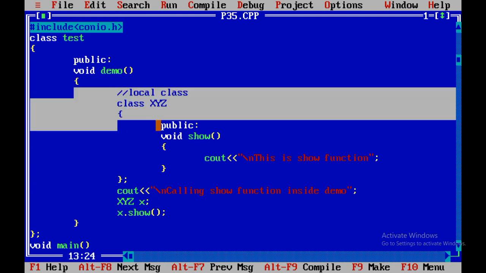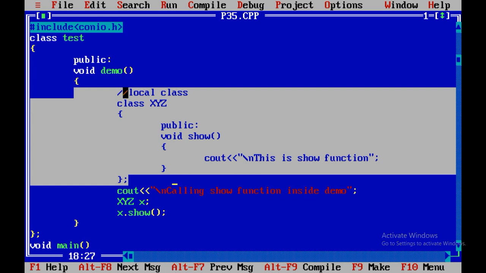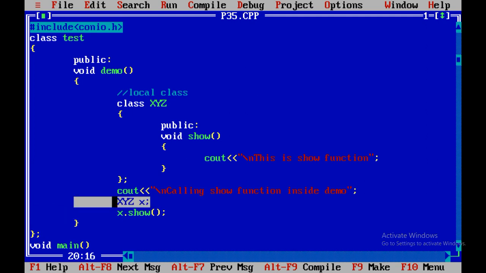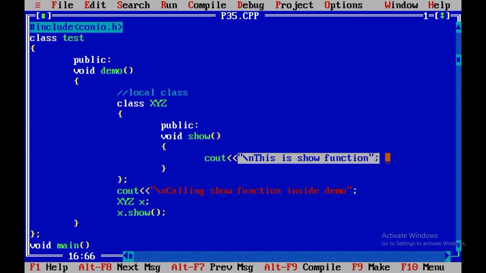So this is not executed first. When you call the demo method, first of all it executes calling show function inside the demo. After that, you have created the object of xyz class, and with the help of the object of xyz class we called the method x.show, and this is show function, it will print on the screen. So in this way local classes are executed.